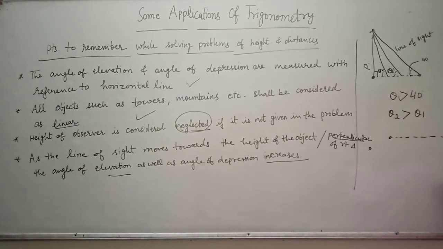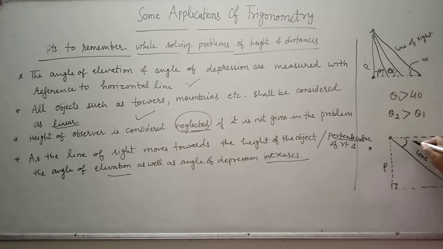Now look, your eye is here, this is the horizontal line, and this is the object which you have to measure. You have to see how far it is below the horizontal line. The line segment joining the eye and this object which you are to view is known as the line of sight. If you draw this perpendicular, then it becomes a right angle triangle. This is the perpendicular.